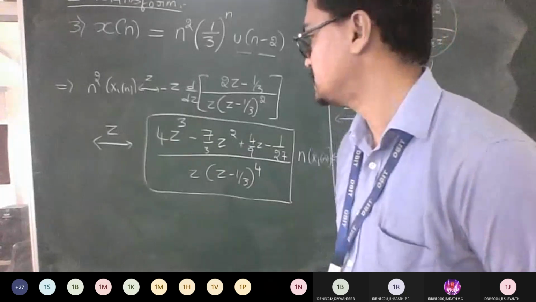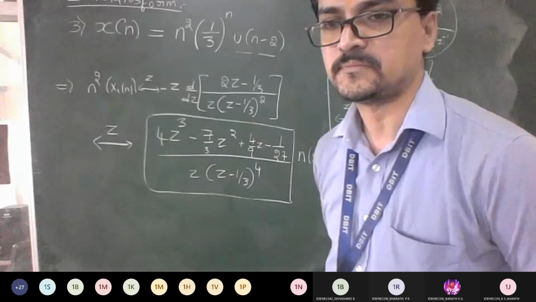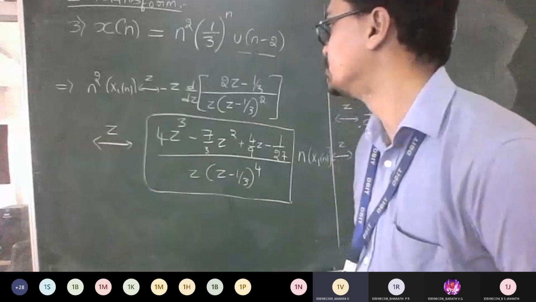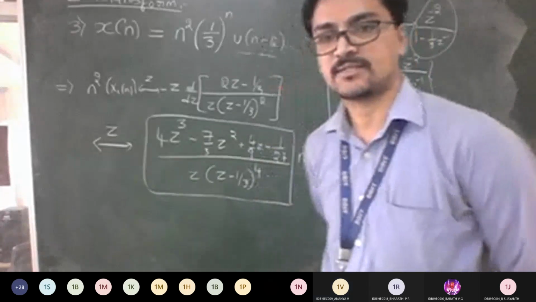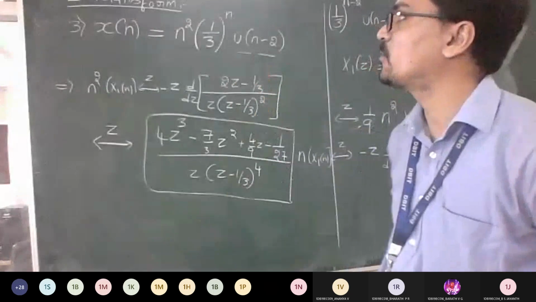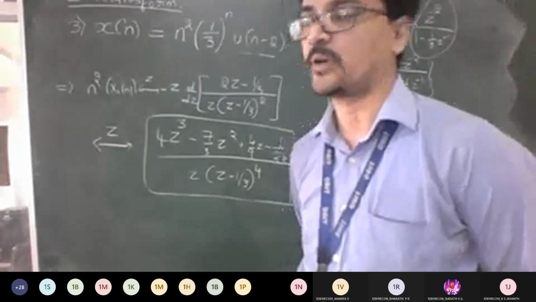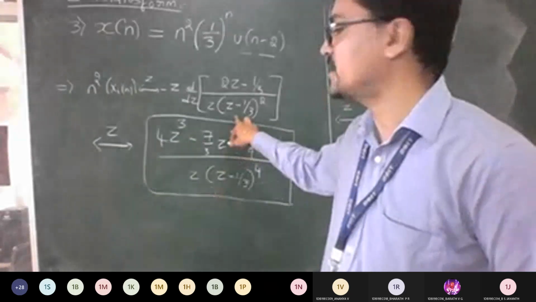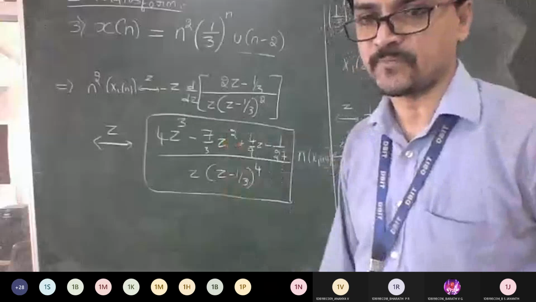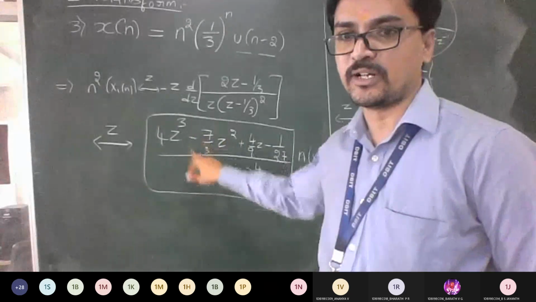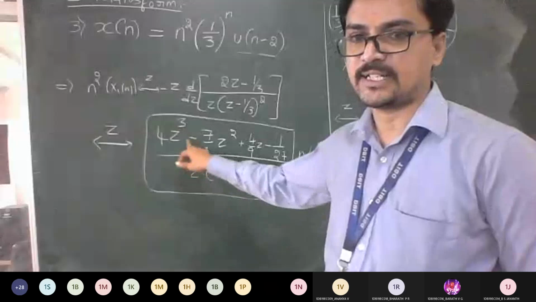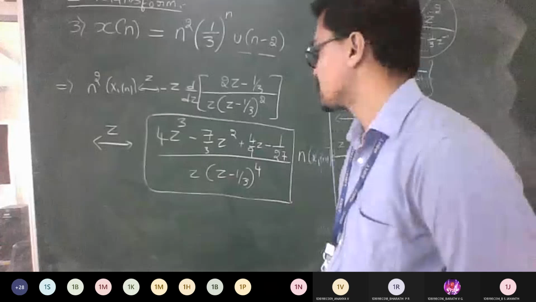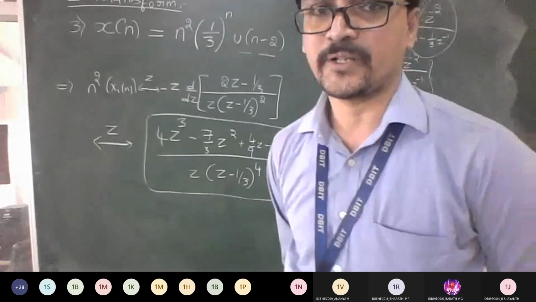Others, Ananya, what is the answer here? Solving the last step. Okay, do it. Verify your answers. So this is the answer you're going to get for this particular problem: n square 1 by 3 to the power of n into u of n minus 2. So be careful while doing differentiation. That is where you make mistakes. Just apply the differentiation of u by v rule properly. Even if you keep the terms as z power 4 and z square, both are the same. Here I took z common and cancelled it out, that's why you got z in the numerator. So is that fine? Shall we move on to the next topic?